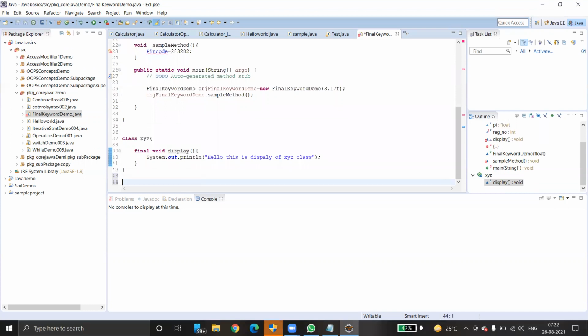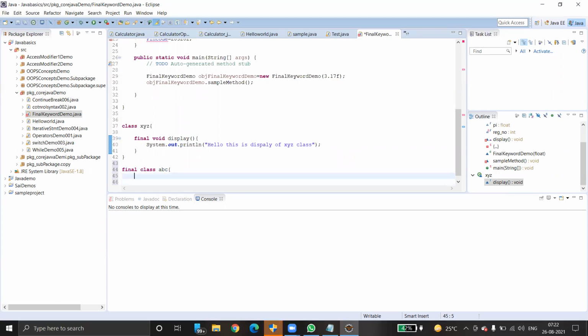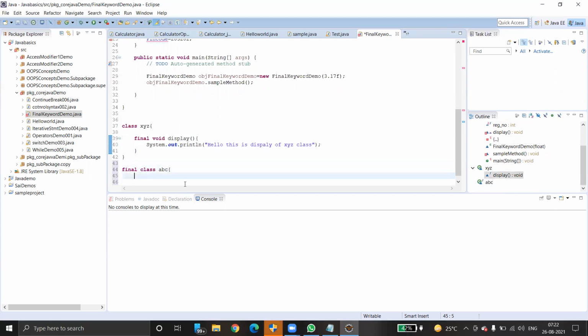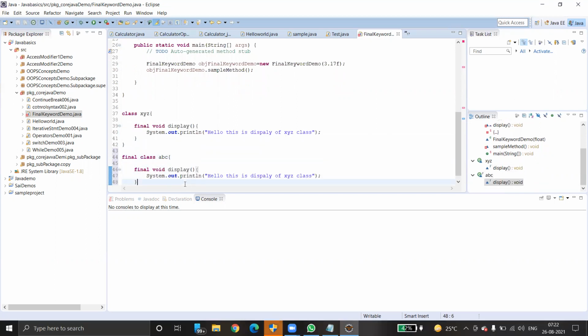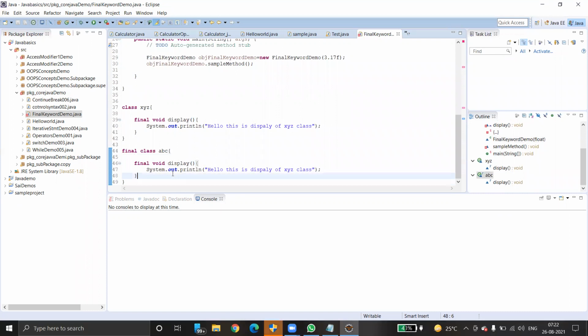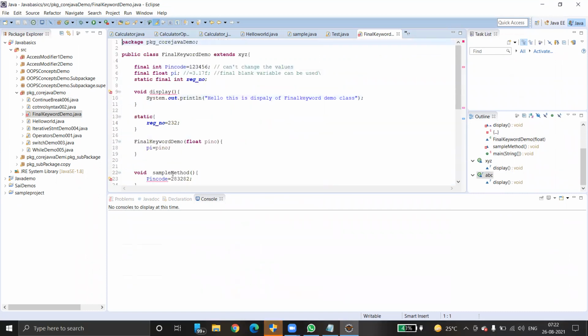Just create a final class ABC. Look at it: if I try to extend ABC, you'll get an error automatically.